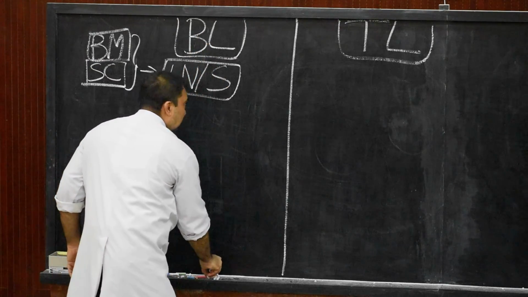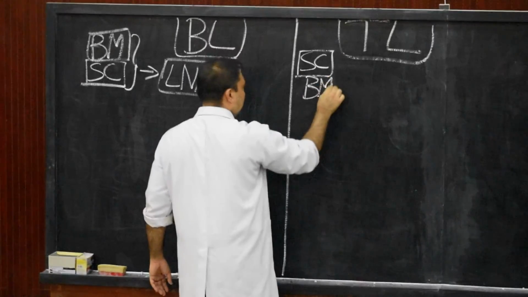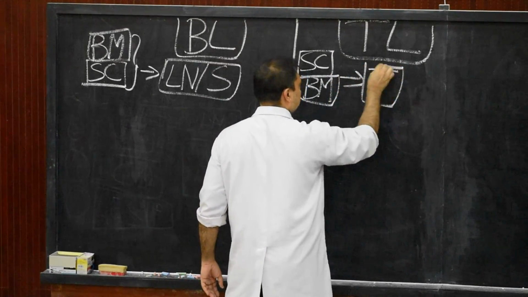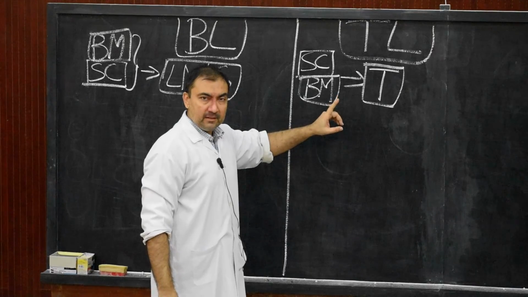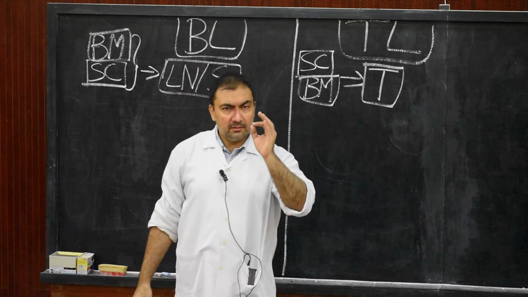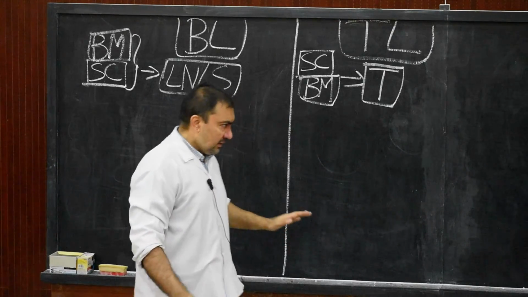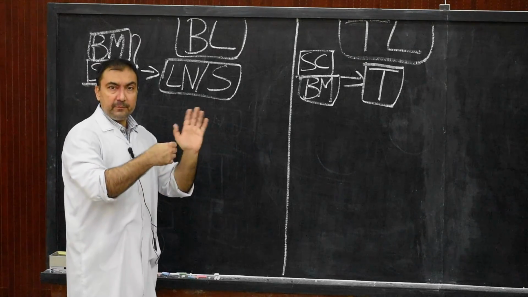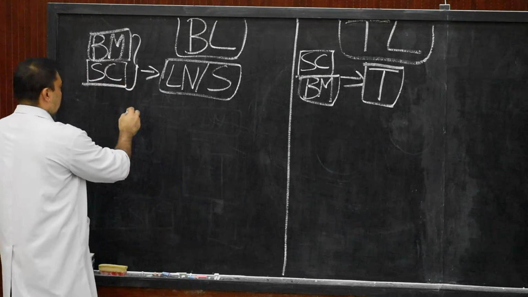On the other side, the stem cells from the bone marrow, when they differentiate and pass and settle in the thymic tissue, those cells will be known as T lymphocytes. This is the first differentiating point. Very interesting. The second point we are going to discuss about B and T lymphocytes is also a difference between B and T lymphocytes. So first is the origin of the cells. Second point now,